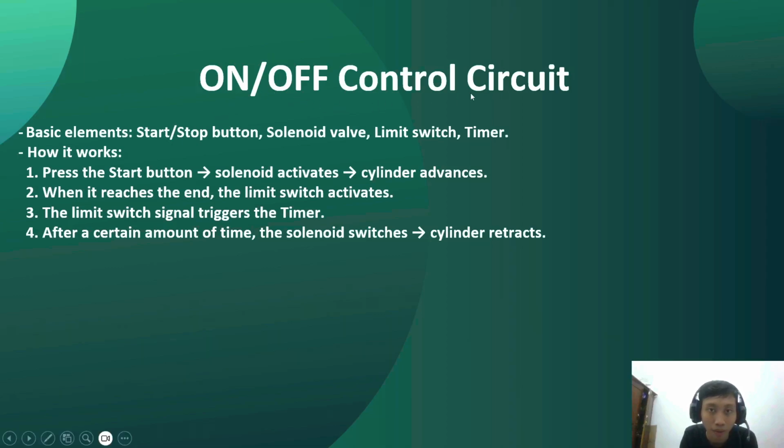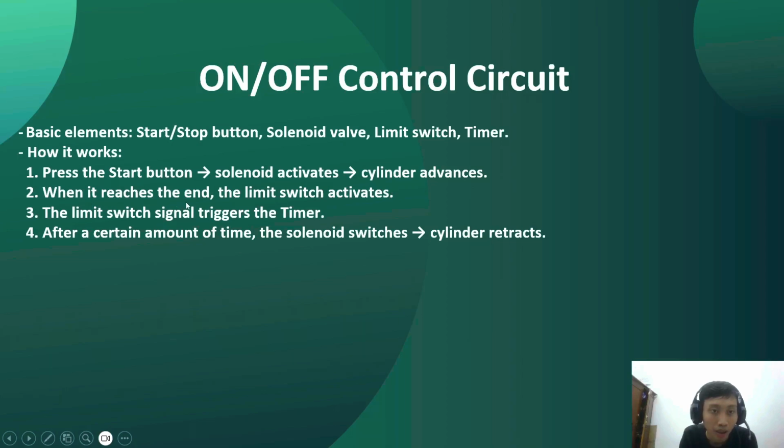On off control circuits. Basic elements: start or stop button, solenoid valve, limit switch, timer. How it works: 1. Press the start button, the solenoid activates, and then the cylinder advances. 2.